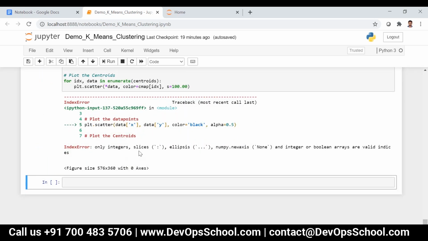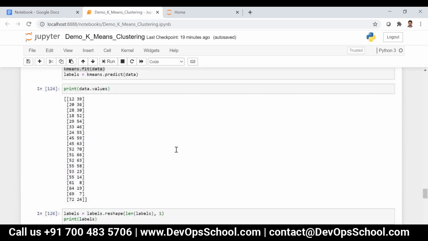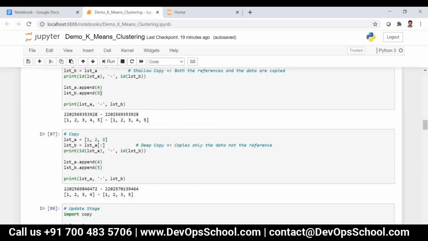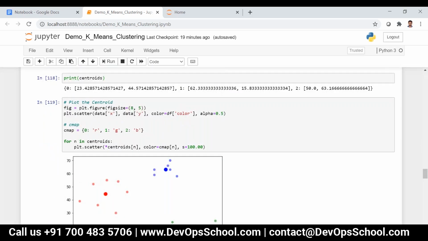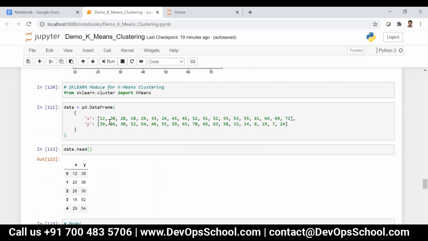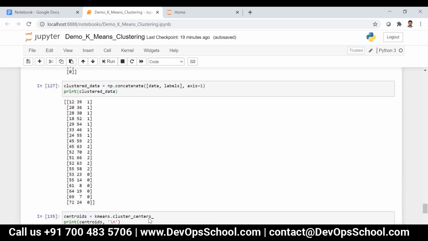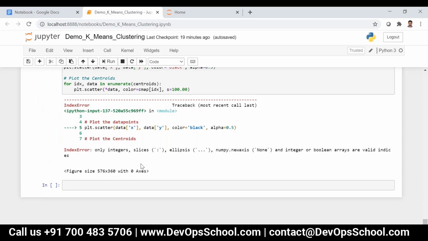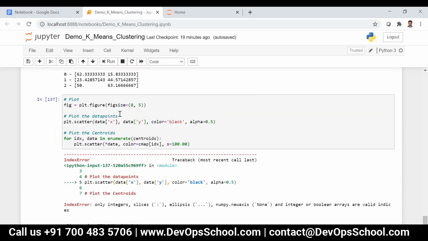Only integers, slices, ellipses. Oh, okay. It is in string, I think. No, it is integers only. What is the problem with this now?